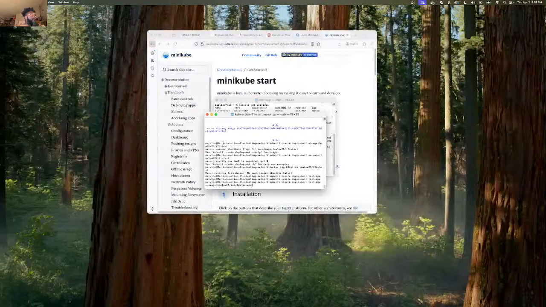So wait, I did a Docker build. This is too much. Create deployment, test app. I created a deployment, but I did the Docker build. Or maybe it's in my other container. Until I did a Docker build.